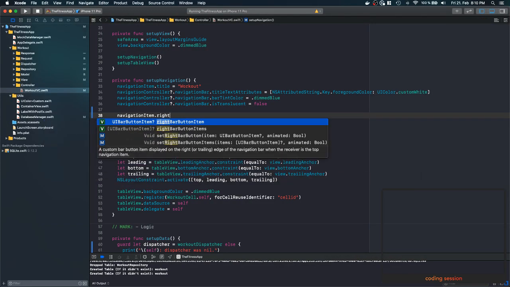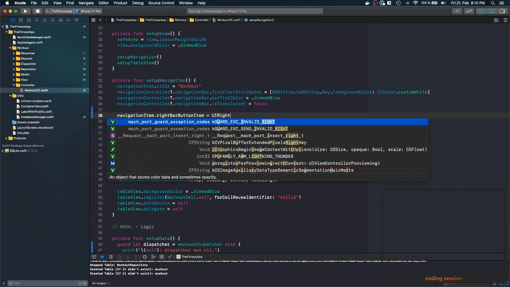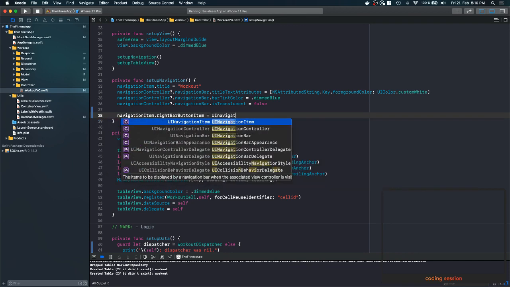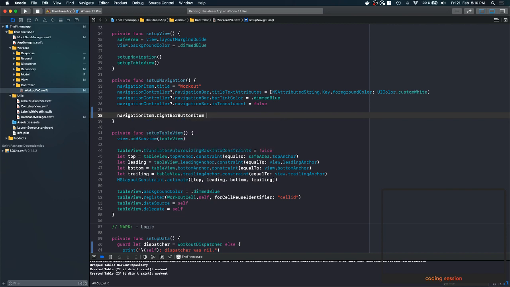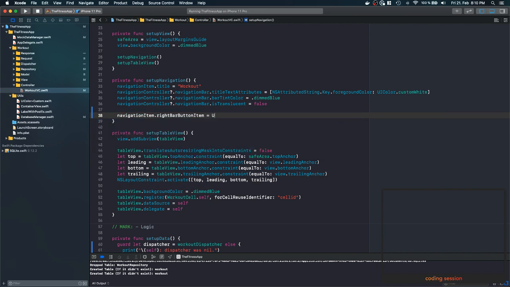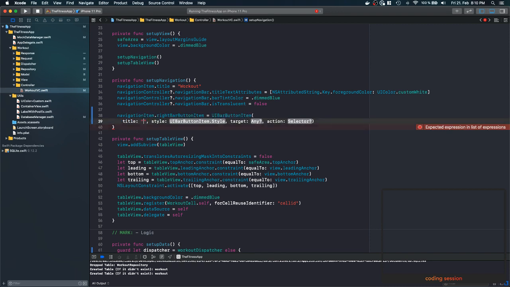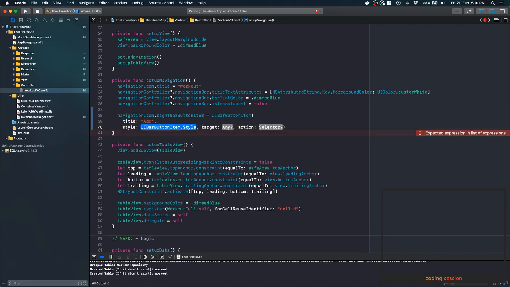So right bar button item is going to be a UI bar button item. That has a title of add, a style of, let's say, done,